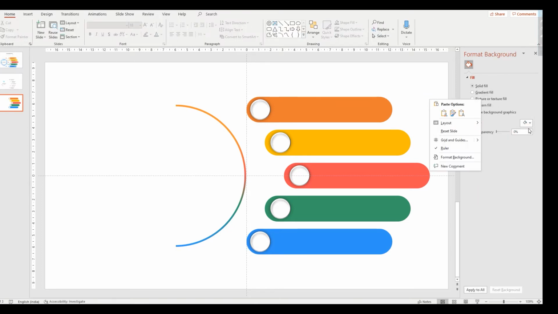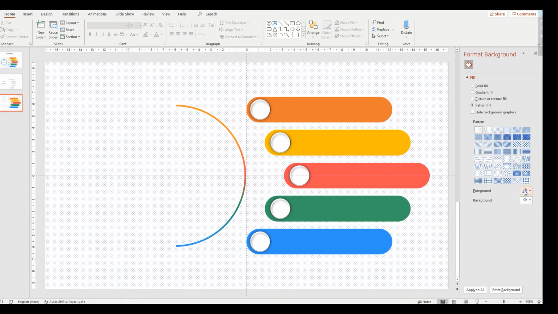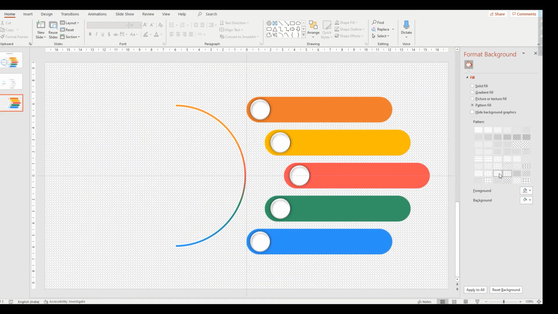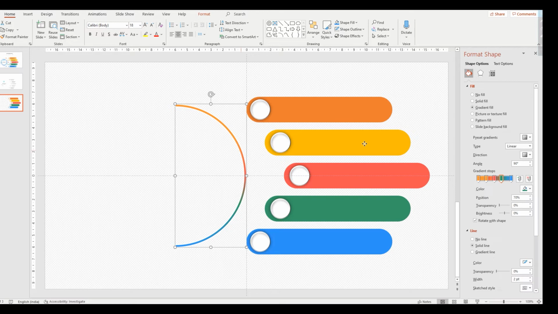See, now changing the background color, what we are going to change, pattern fill, this color we are taking, this one we are taking, then this one line color, outer line color taking blue for visual purpose.